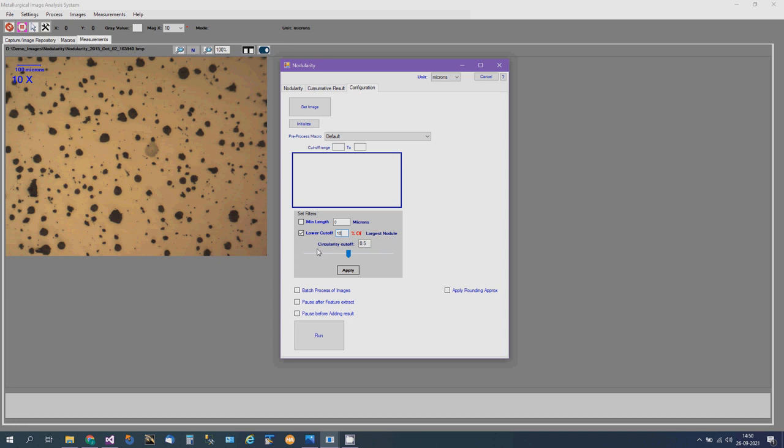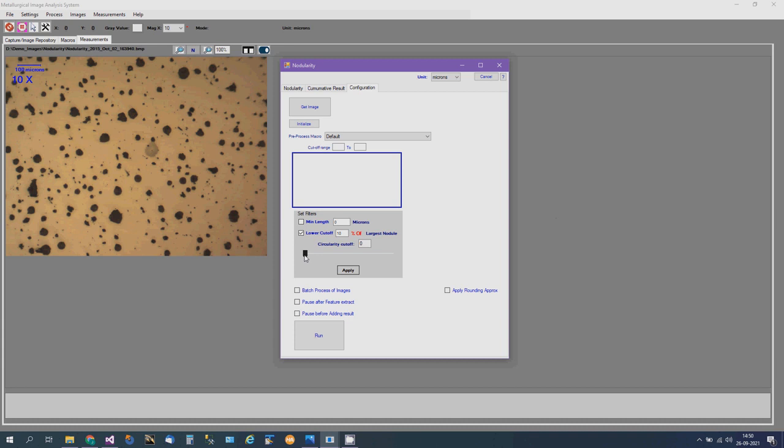There is also a cutoff on the shape. Shape means the circularity. So we have a sliding feature where you can set the circularity cutoff. The ASTM standard says by default it is 0.5. 0.5 means 50% circularity. 1 means a perfect circle. 0 means a line, an elongated line.